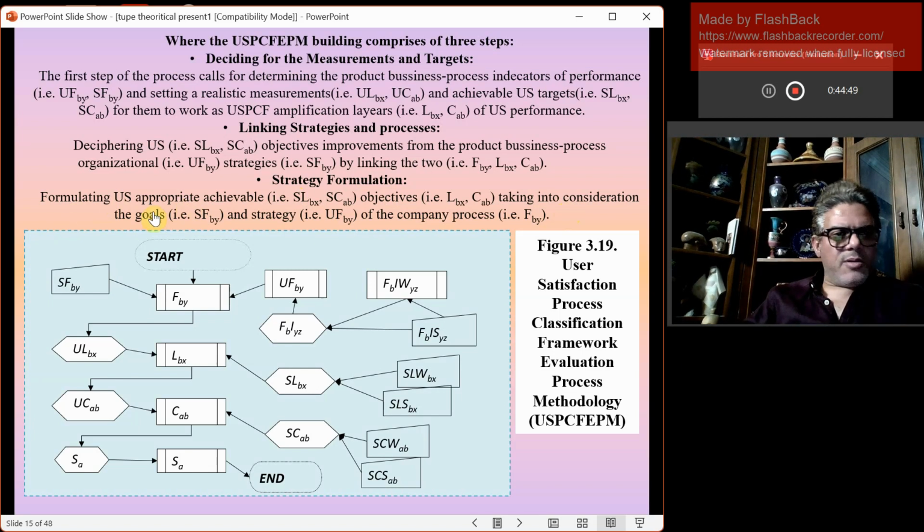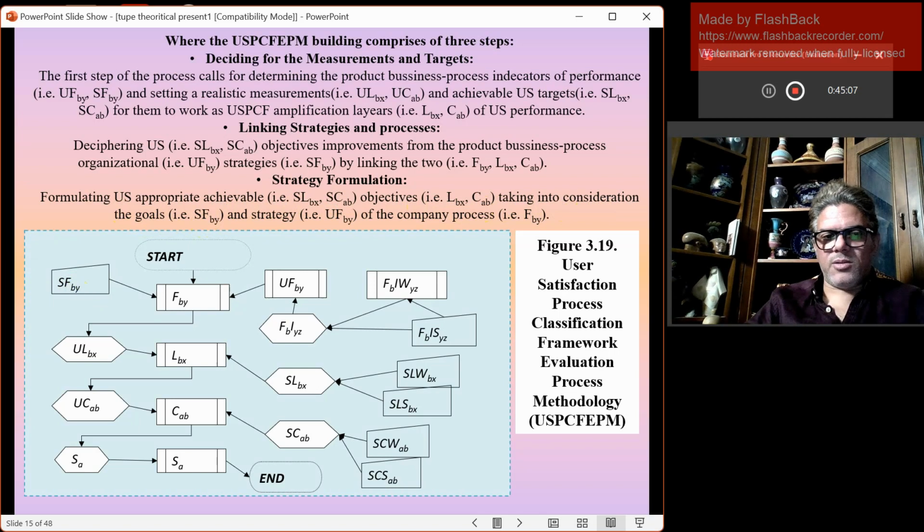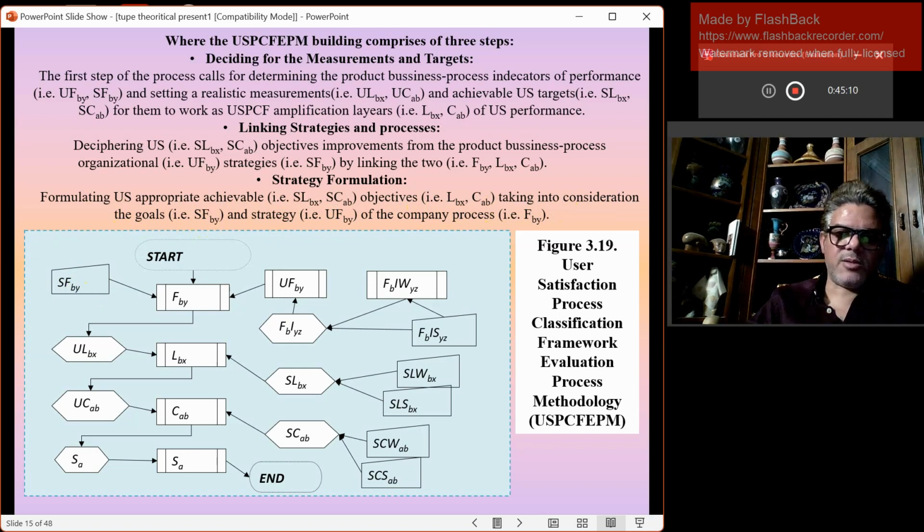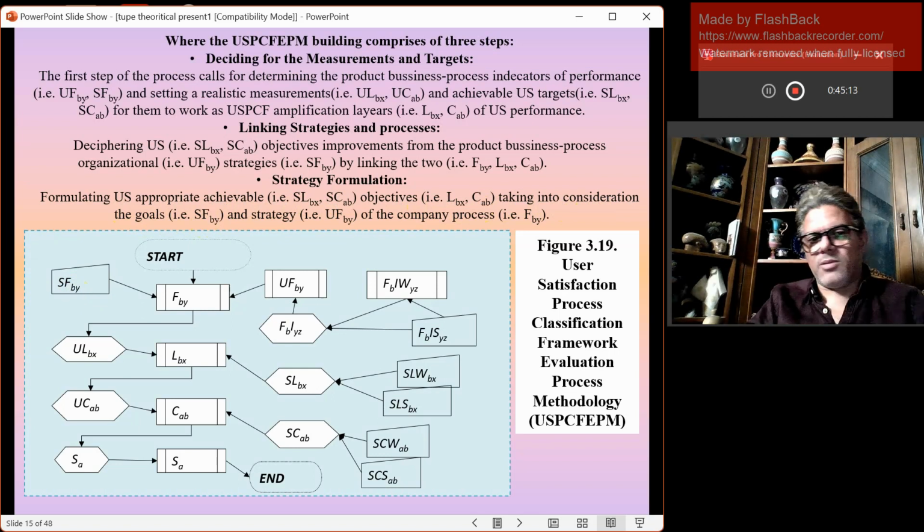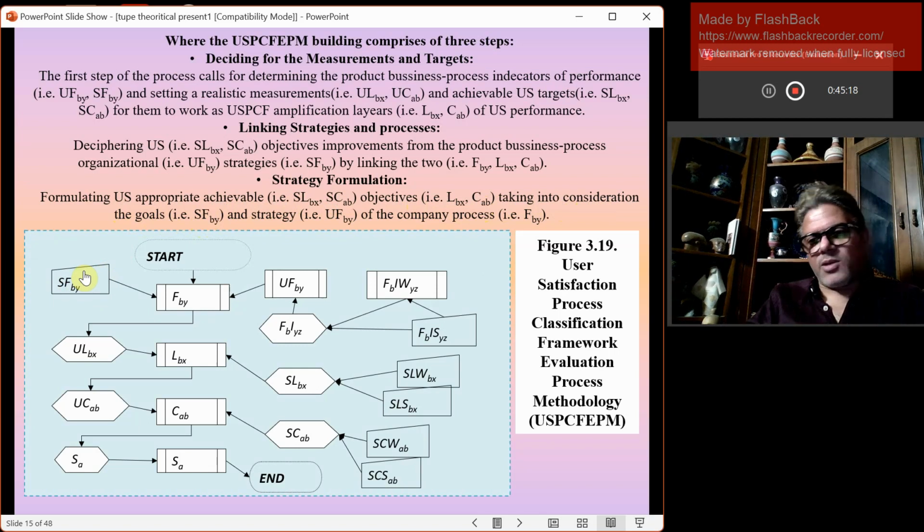Formulation: formulating user satisfaction appropriate achievable levels and scores, objectives, levels and scores, taking into consideration the goals of the framework, which comes from the agent or the business through the agent. Or if the agent is the agent of the product satisfaction, it is the agent of the business sales employee. But I do not recommend that